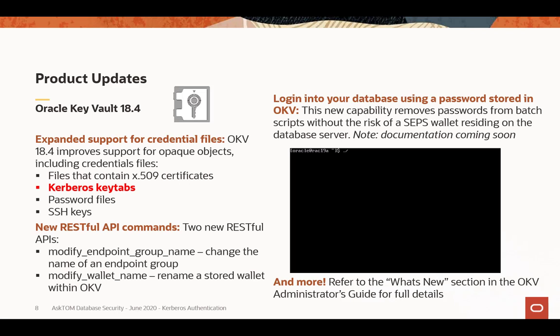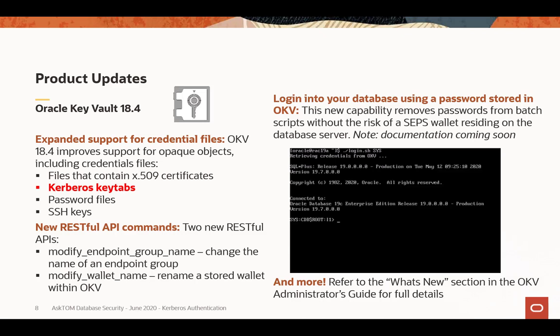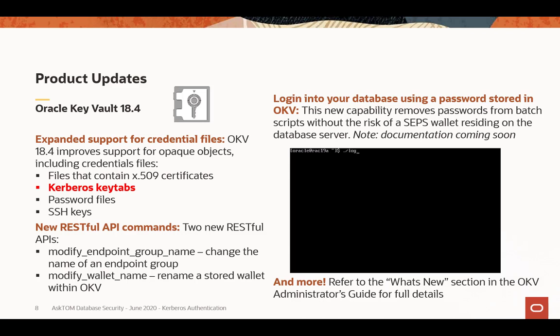A few more things on Key Vault 18.4, just because there's so much there. We have expanded our support for credential files. Credential files in Key Vault are offline. In other words, they're not serviced directly, but we provide a place to escrow those so that they can be retrieved for later use. That does include Kerberos keytabs, which we'll be talking about a little bit later on today. We've added a couple of new REST API commands, and a really exciting new capability that you'll see in 18.4